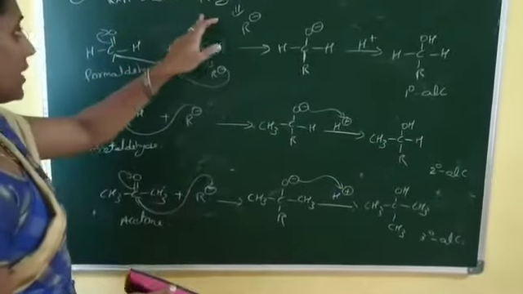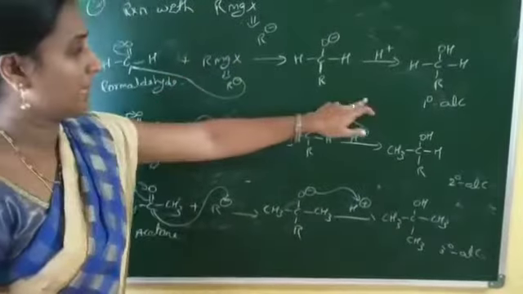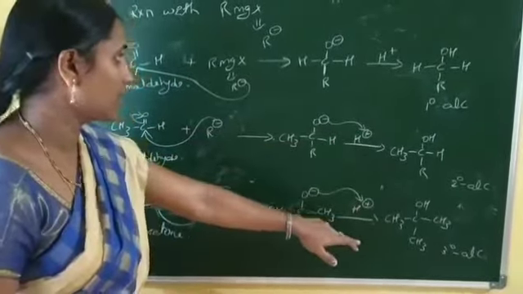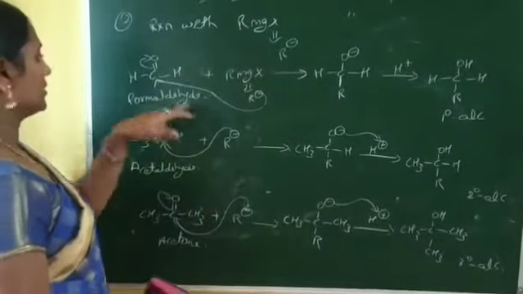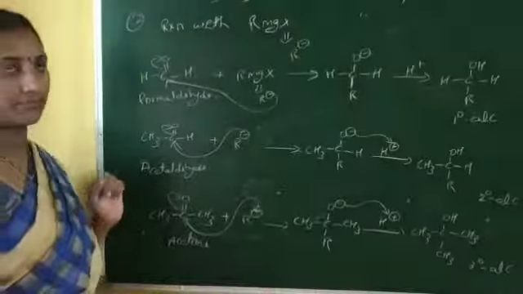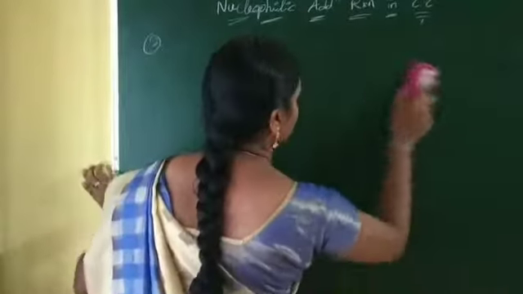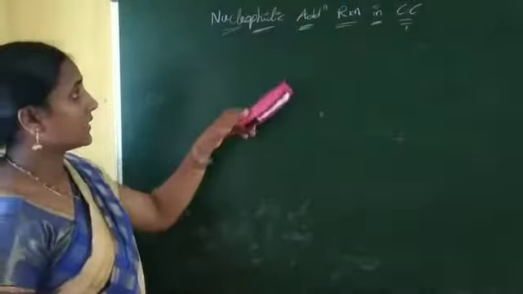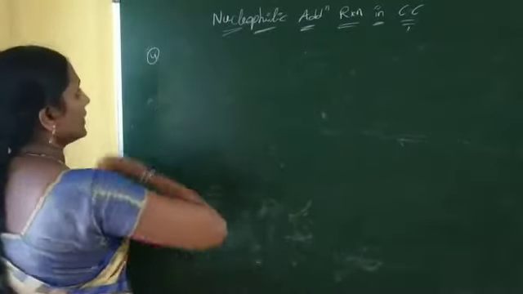In the reaction with Grignard reagent, to prepare primary, secondary and tertiary alcohols, we treat it with formaldehyde, acetaldehyde and acetone respectively. Another nucleophilic addition reaction, the fourth nucleophilic addition reaction, is